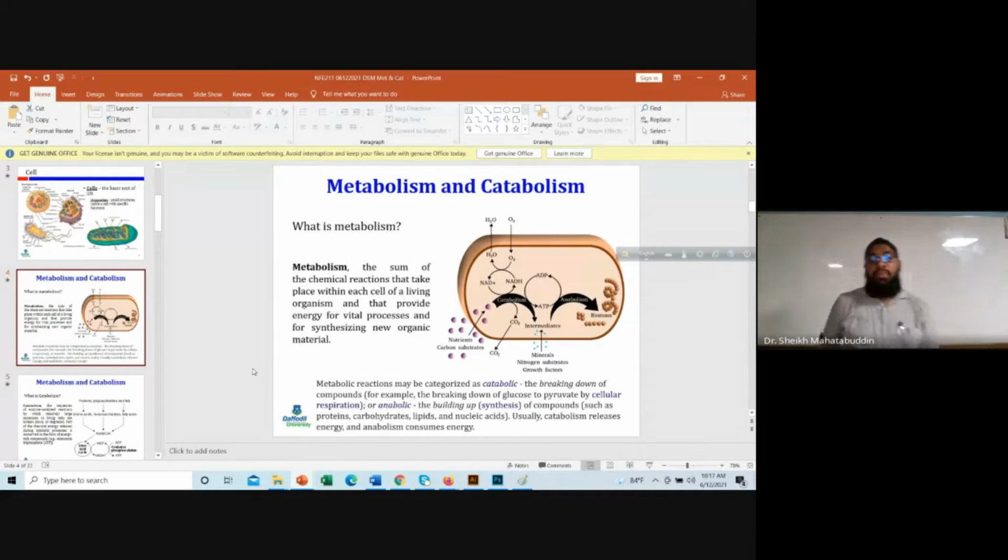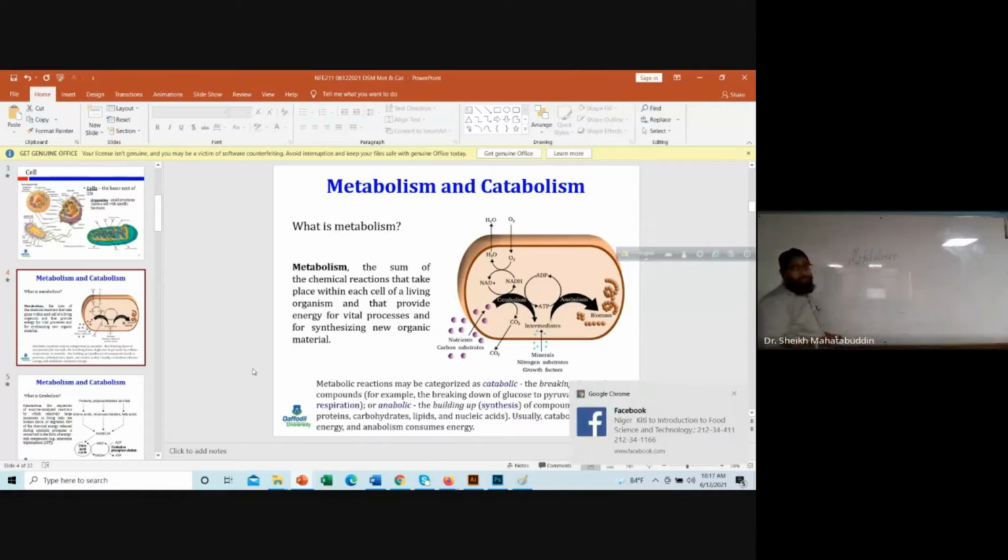Metabolic reactions may be categorized as catabolic, the breaking down of compounds, for example breaking down of glucose, breaking down of pyruvate in cellular respiration, or anabolic, building up the compounds. That means metabolism has two parts, right? So metabolism is the process